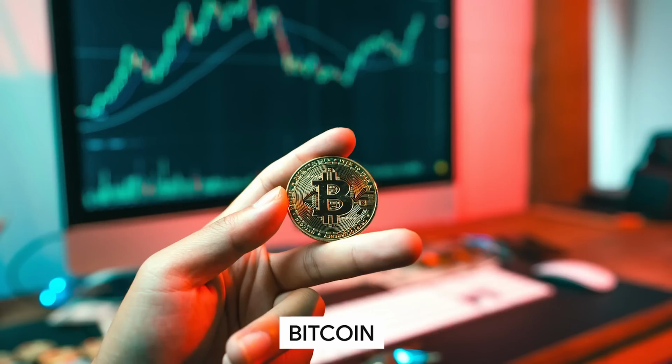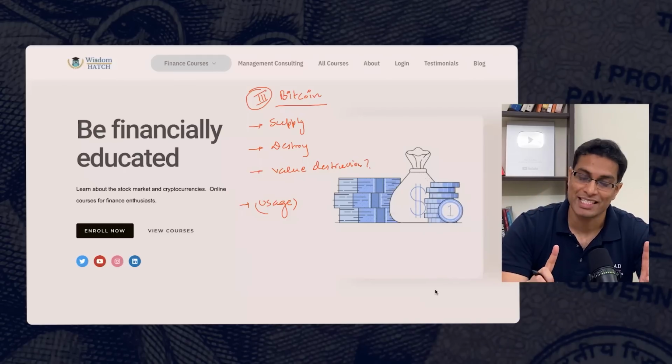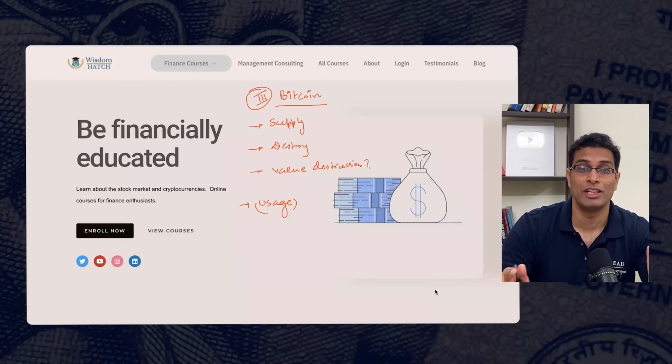Which option am I investing in? I'm investing in option 1 and option 3. Option 3, I'm going to speak about. Now, the third hardest asset is Bitcoin. And let me run it through the exact same framework that I'm using for all the assets.